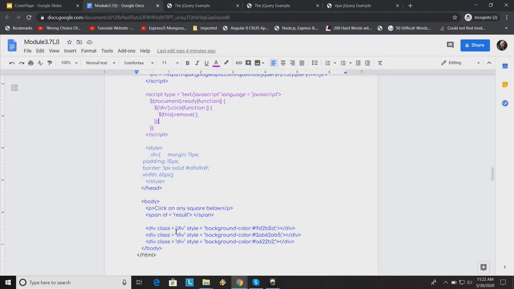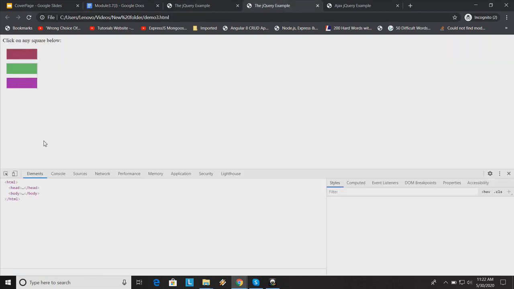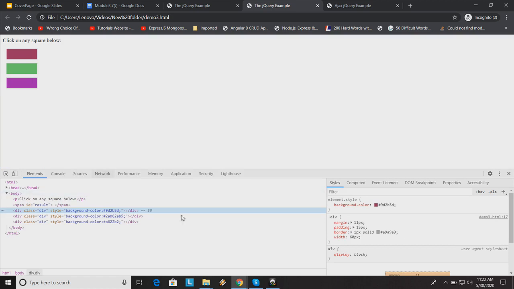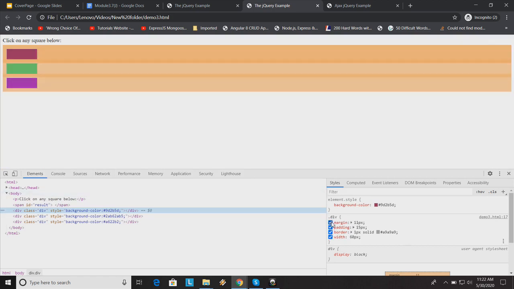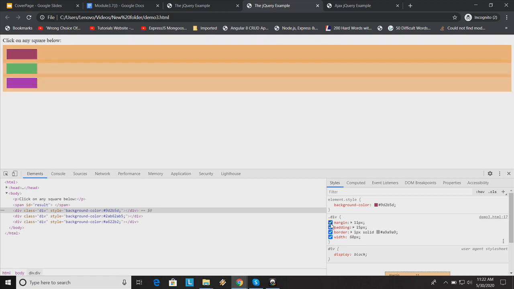First of all, I have three divs. I have each div a class. In this class I'm applying CSS like margin, padding. Also, if I inspect this, what is the margin and what is the padding? Margin in the sense it gives spacing from the outside. You can see the orange colors, and padding is just giving spacing from inside. If I uncheck this, see, it's shrinking. Padding in the sense giving space from the inside, and margin giving space from the outside.